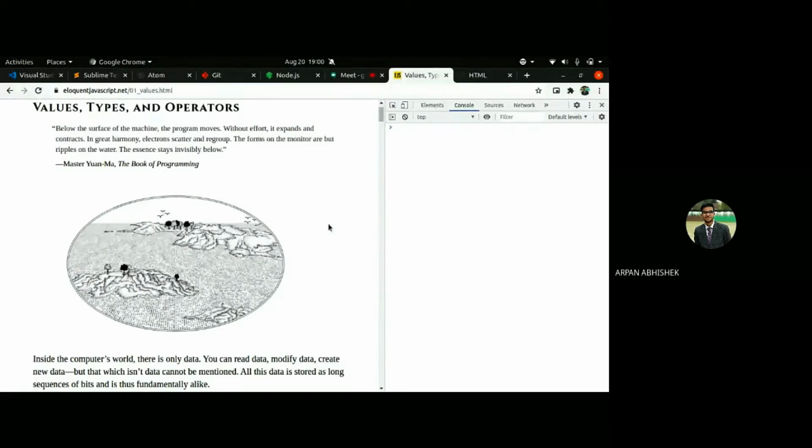So like every language, JavaScript also has types and operators. Like we can add numbers. We can add strings, concatenate strings. And we have every arithmetic operation. It's almost similar to C, so I don't want to go deep into that and bore you with those concepts. And here we have data types like numbers, strings, and